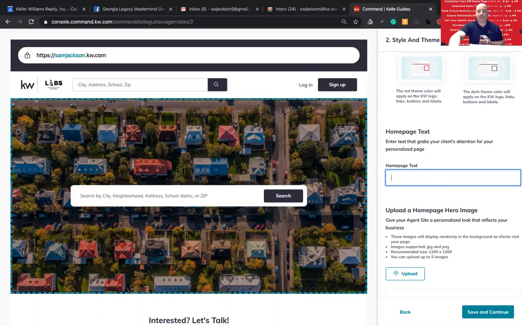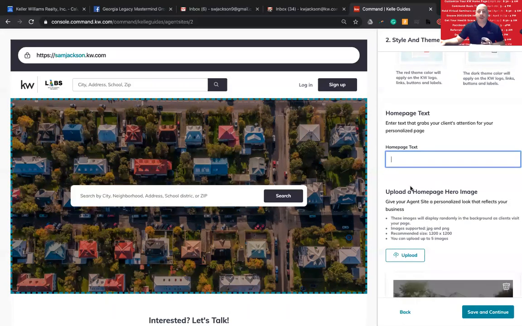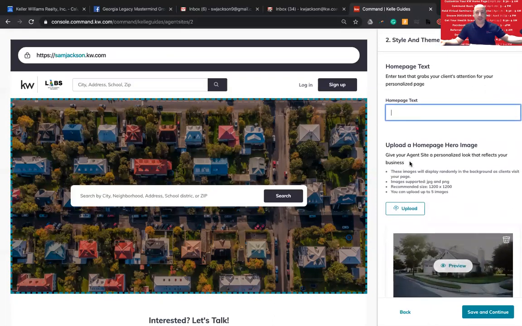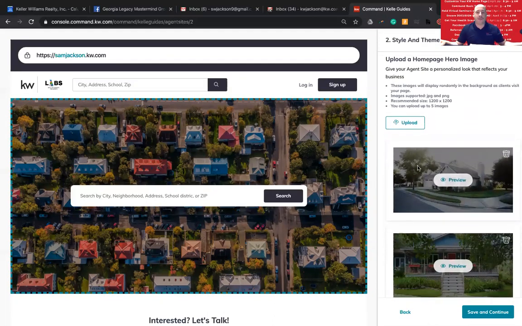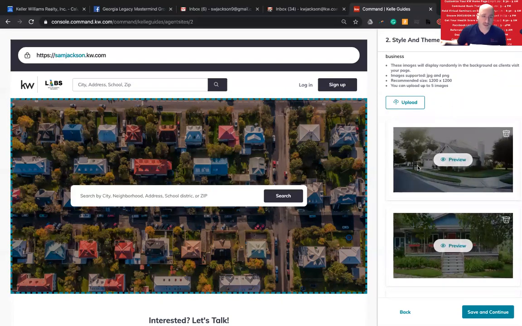Totally up to you. I'm going to keep with the white space today. But once you have your homepage set up, or your text set up, keep scrolling. And this is our opportunity to swap out what we call hero images. So hero images are these big photos that are in the background. They kind of cycle through in a little bit of a slideshow. They're not super, super fast. We don't have the ability to change the speed of them. However, this is our opportunity to really customize what looks like a templated website for 180,000 agents and make it